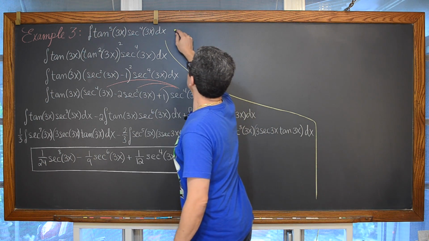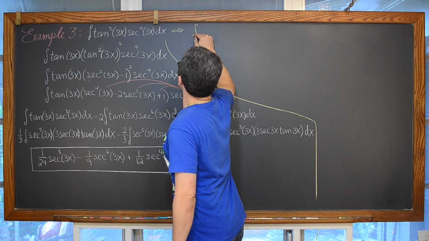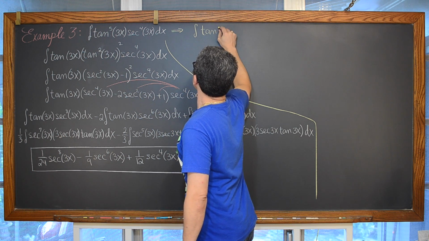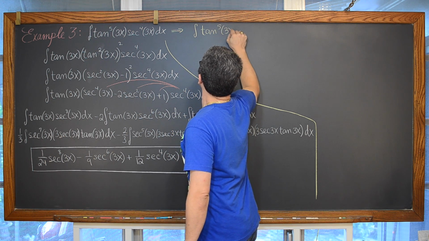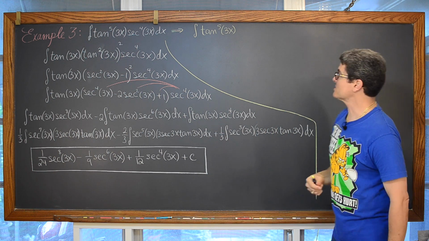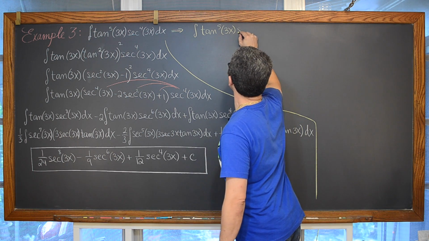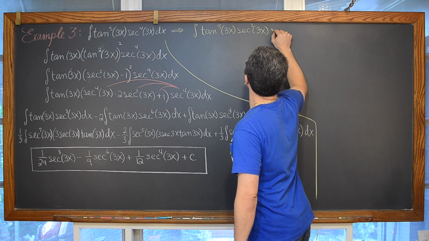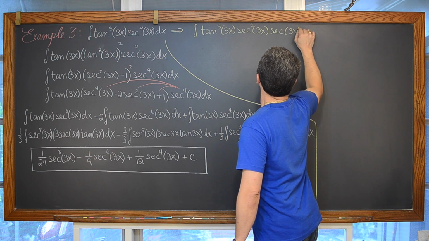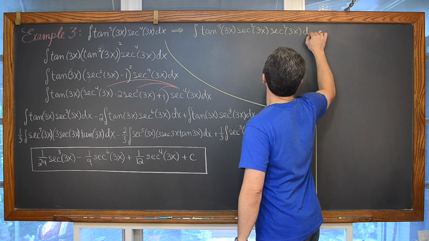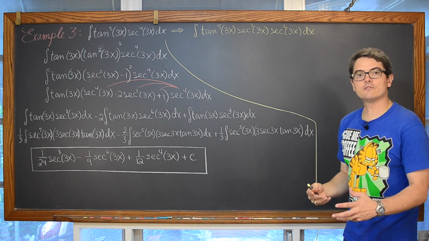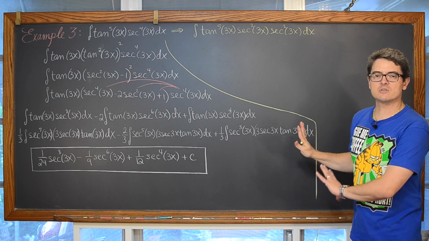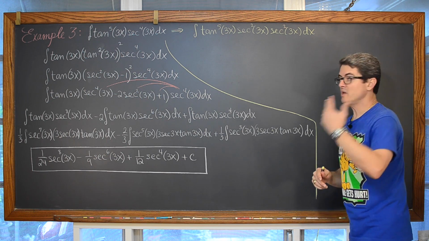We're going to write this as the indefinite integral of tangent of 3x to the 5th power, times secant of 3x squared, times secant of 3x squared dx. And like you saw me do in the first two examples, I'm going to step off just to make sure this is as neat as possible, and to speed up the video a little bit.